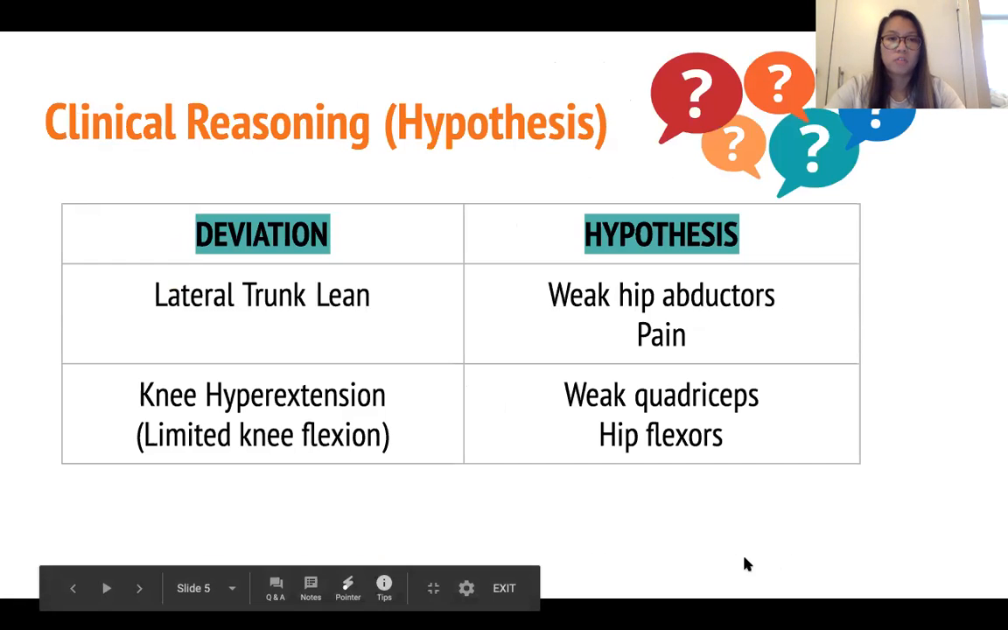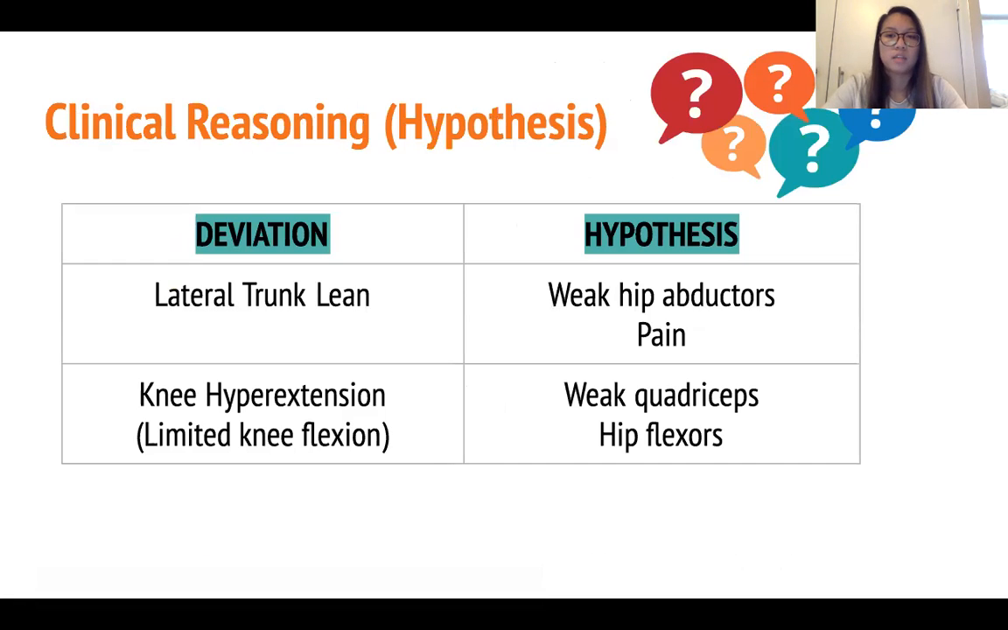So for the lateral trunk lean, we hypothesized that this could be due to either weak hip abductors or pain. So the left hip abductors may cause a compensated response of a left lateral trunk lean during single limb support. Because if the hip abductors are weak, this may cause the person to lean to the left, and this in turn will cause a shortening of the moment arm and therefore decreasing the amount of external torque that the hip